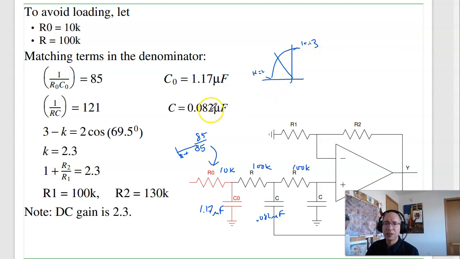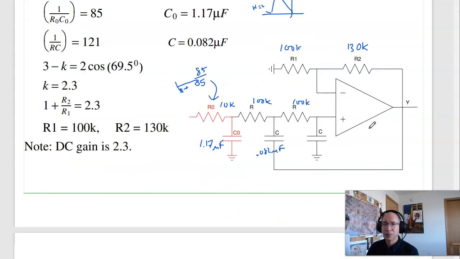I'm at 69 degrees. 3 minus K is 2 times the cosine of the angle. Find out K is 2.3. K is this gain, 1 plus the resistor ratio. I want a gain of 2.3, meaning make these 1.3 to 1. Pick something for R1, like 100K. This is 1.3 times that, 130K. So when you're all done,